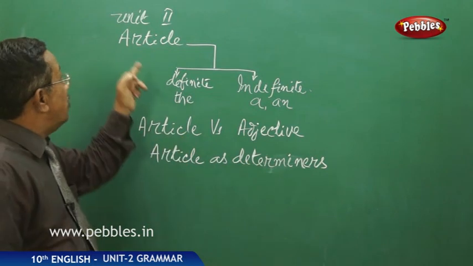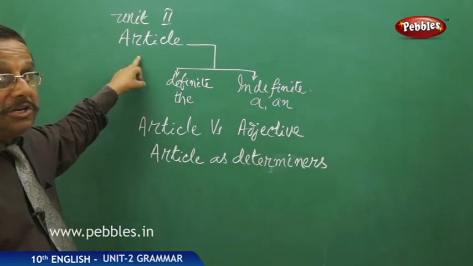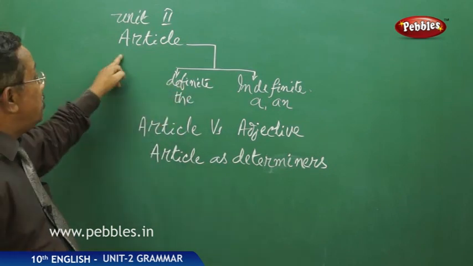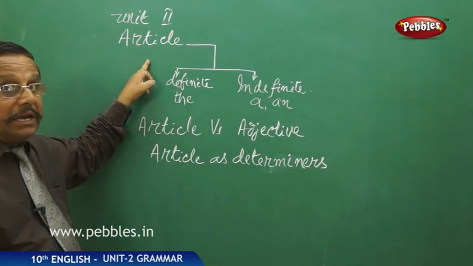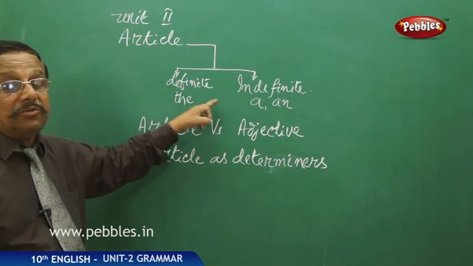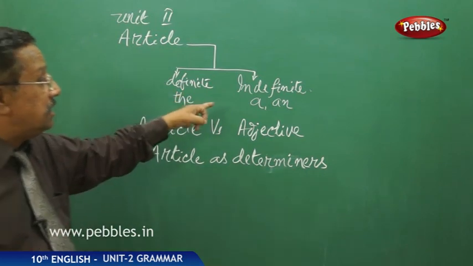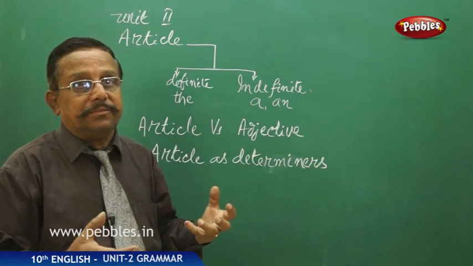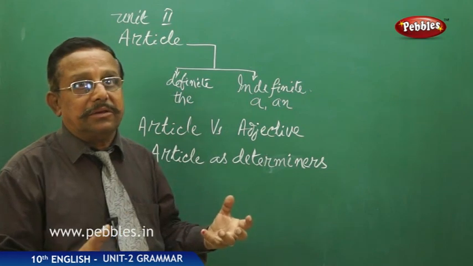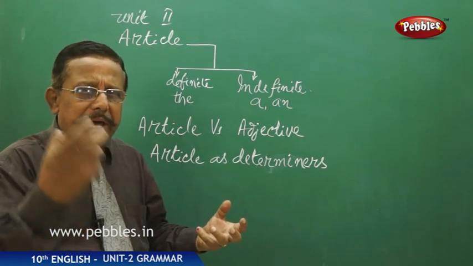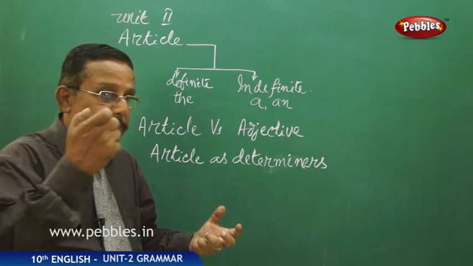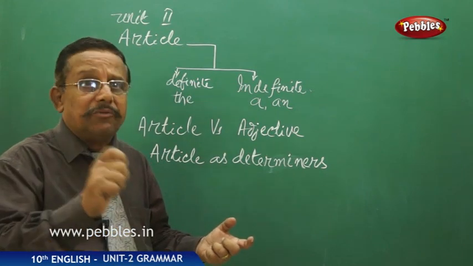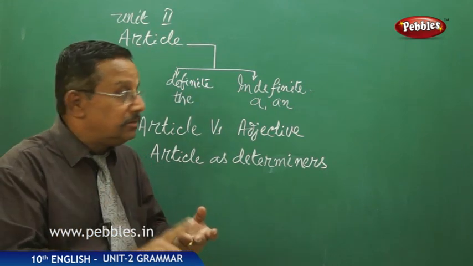Now, we have studied what is an article: it is a determiner, a demonstrator, a pointer, or it is showing a noun. And that showing or pointing or determining is of two kinds. One is definite determining and the other is indefinite determining. When we say the sun, the month, or the birth, the bag, the book, particularity shows about it. With the, we are showing the particularity. This book means very particularly we are talking about.